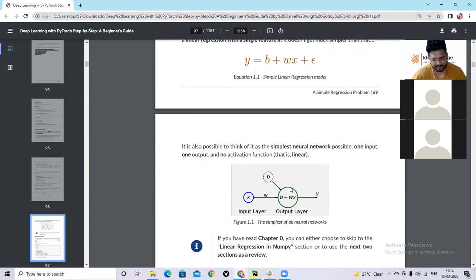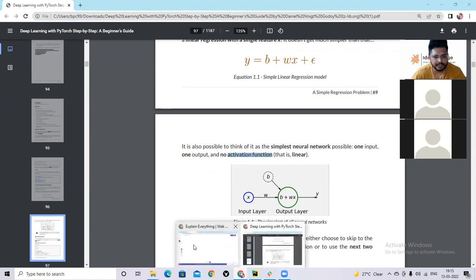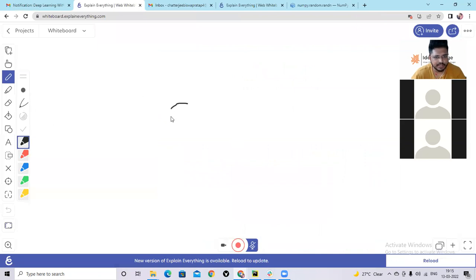Everything has a degree of 1 here: x is 1, w is 1, and b is 1. So it's a linear combination, a straight line, and the result of that straight line is not fed to any nonlinear activation function.